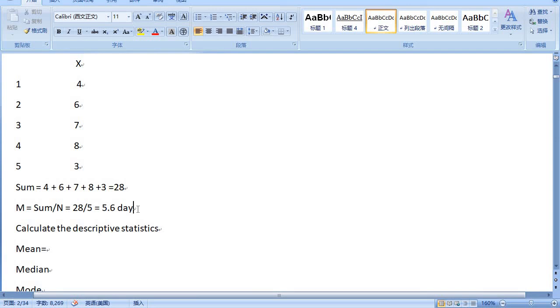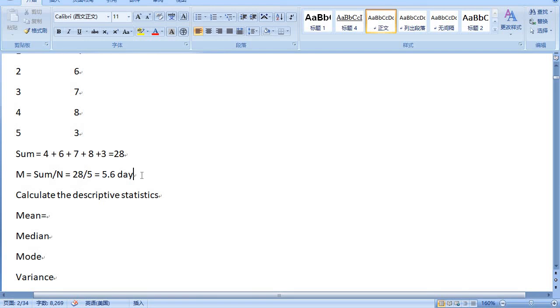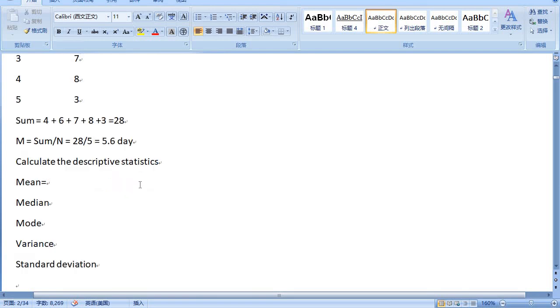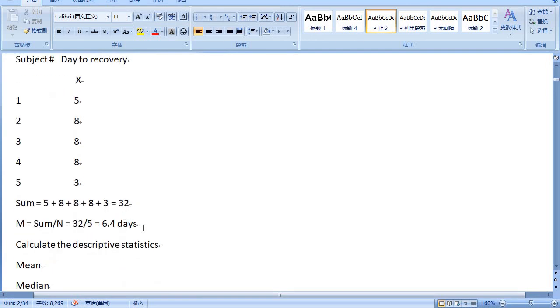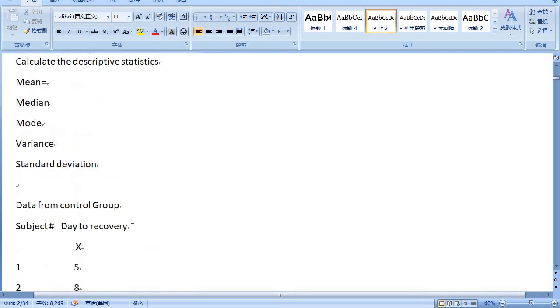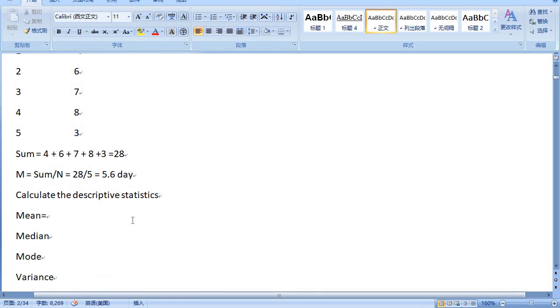Suppose the treatment doesn't work. What is the possibility that we get this kind of result? 5.6 days for one group versus 6.4 days in the second group. What is the likelihood we will still be able to get this difference by pure luck, or by measurement error, or by some kind of freak chance? If the probability of getting this kind of result, 6.4 versus 5.6, is large, then the critic wins the debate. Okay, well, the risk is too large. The risk of getting